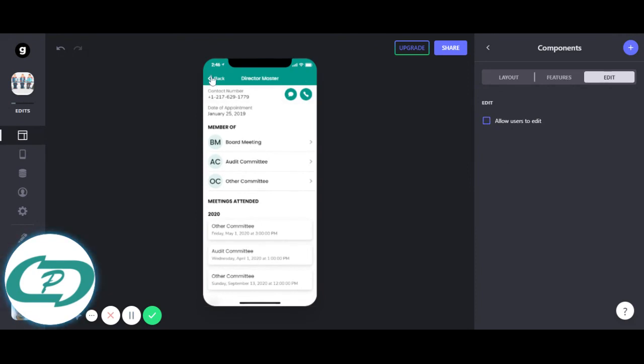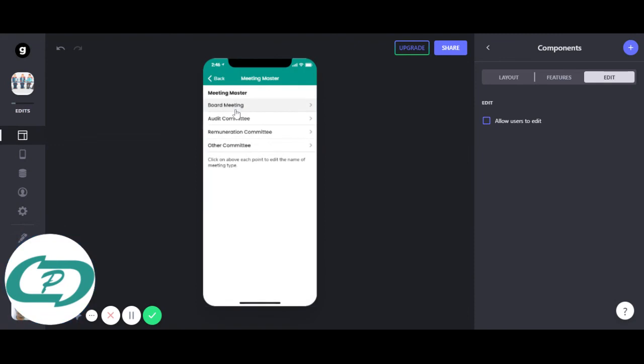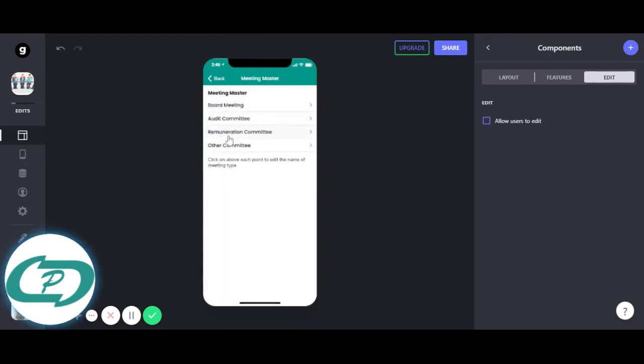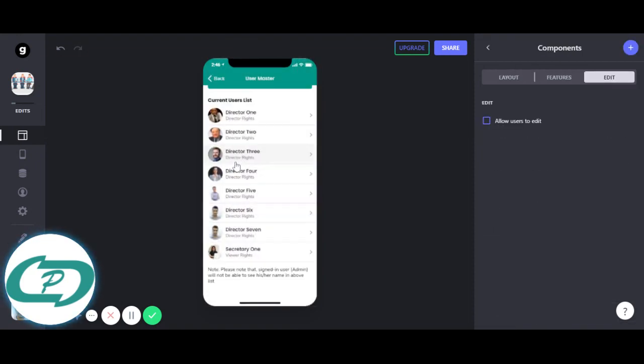Similarly, if I go to meeting master, you can see type of meeting. So you can change the details of type of meeting here. We have also added the user master.